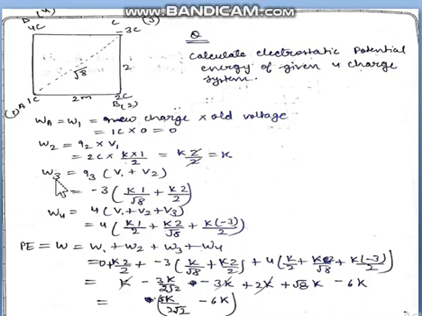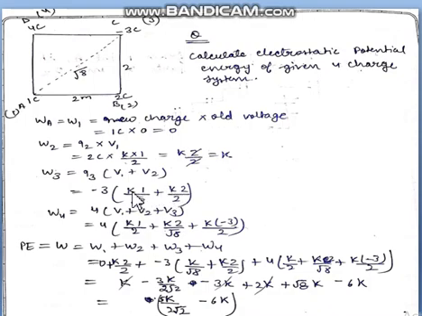Now work third. Our third charge is -3 coulomb, and before that two charges have already been brought, so both of them will produce voltage at the -3 coulomb location. So the formula of work third will be: new charge, which is -3, and the old voltages, which are the voltage due to 1 coulomb and the voltage due to 2 coulomb.